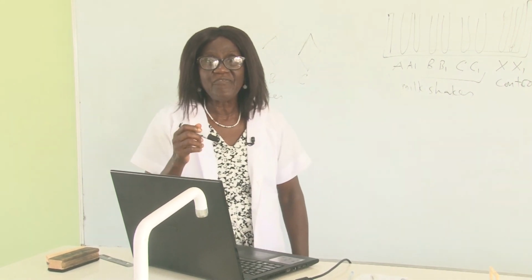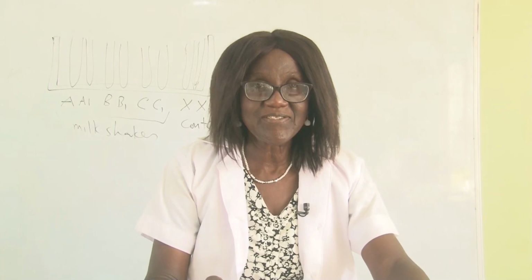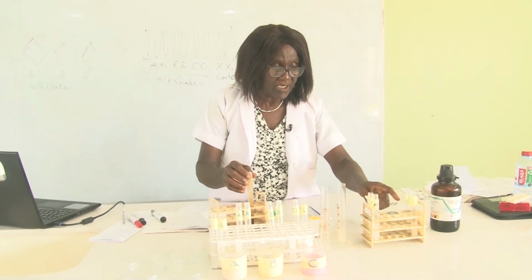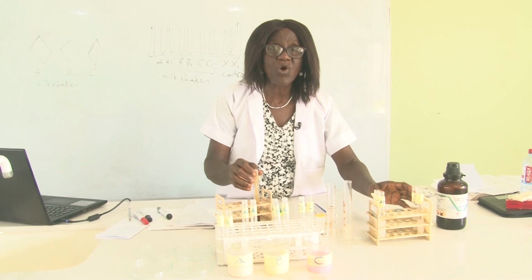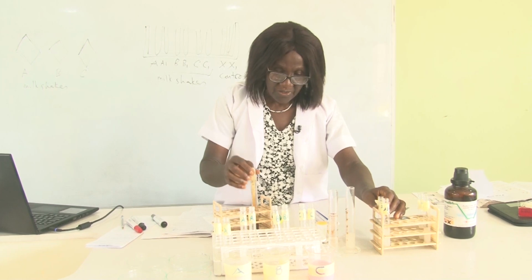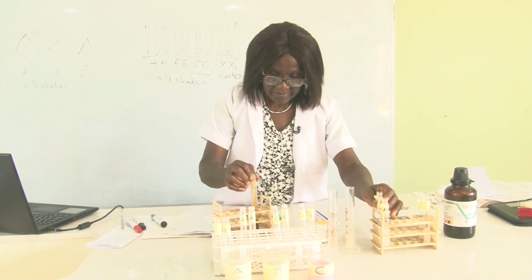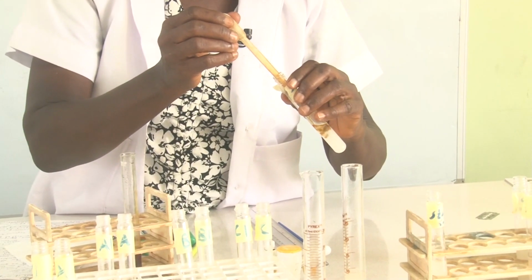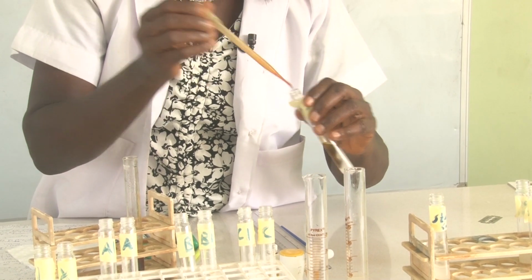So he can either use starch as the control experiment or the fermented juice. So he decided that, well, let me test if there's really starch in the fermented juice. Yes, so the student did this preliminary test to find out whether there's starch in the corn juice, whether he should use the corn juice as a control experiment or starch itself. So put 5 ml of starch in here, put 3 drops of iodine solution,